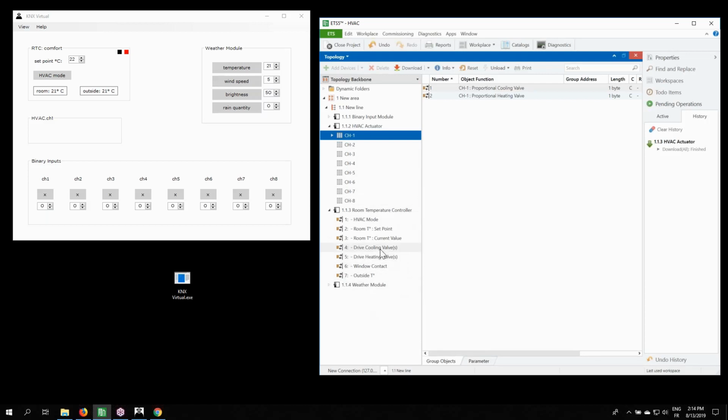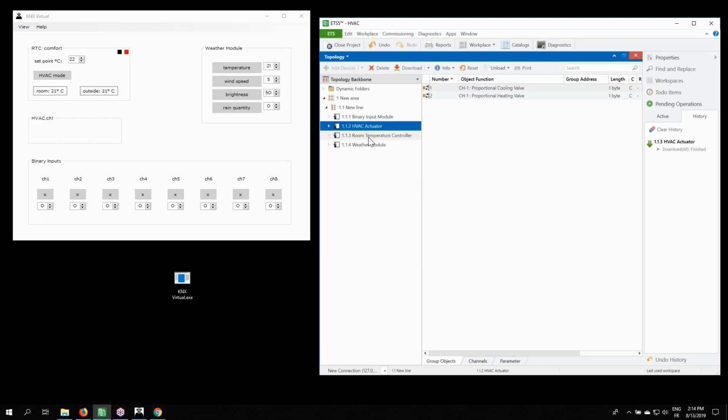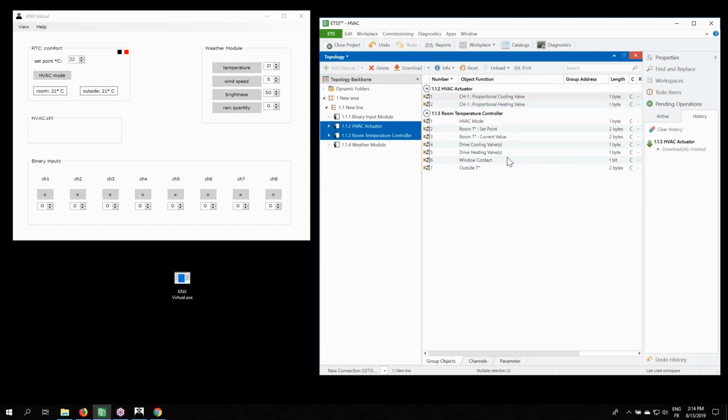Well, there are indeed, in the room temperature control, specific objects in order to do that, of course. Obviously, if I just select the 2 devices like that, then you can see clearly what should be connected to what. So, obviously, the proportional cooling valve should be linked to the drive cooling valve. So that means this drive cooling valve from the room temperature controller is the